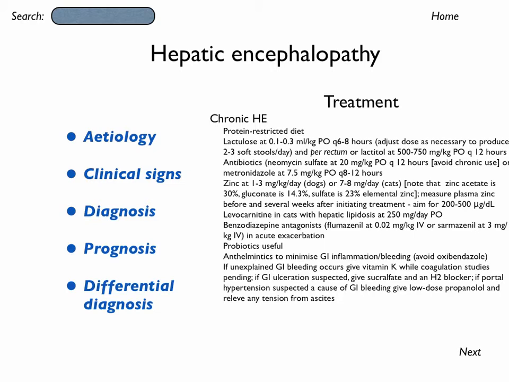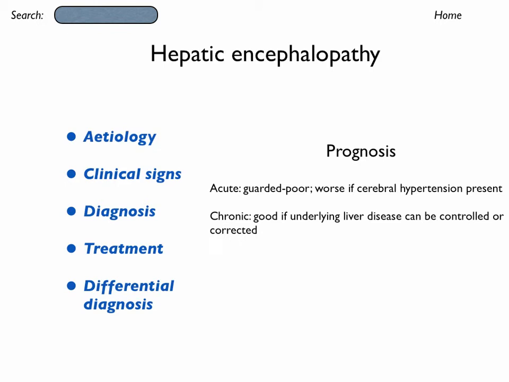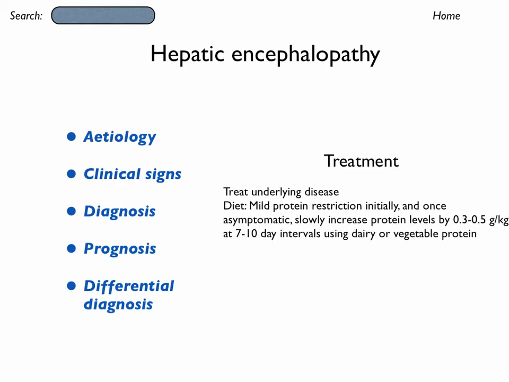Now, having come through this acute phase, we would look at the chronic treatment of hepatic encephalopathy. From the bottom right of the screen, I've clicked next to bring us the chronic treatment. And I won't go through all of that, but basically dietary treatment, lactulose, zinc can be useful, and anthelmintics. And then again, if I click next at the bottom right, there's some further information, particularly dietary treatment and also treating any underlying disease, which is obviously